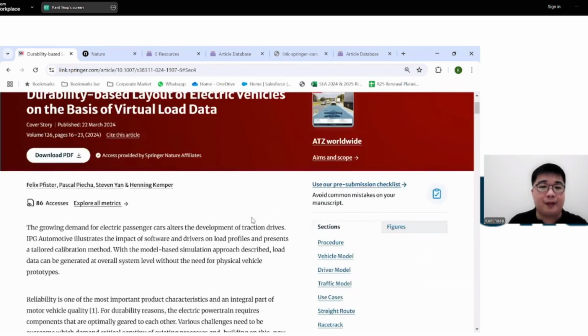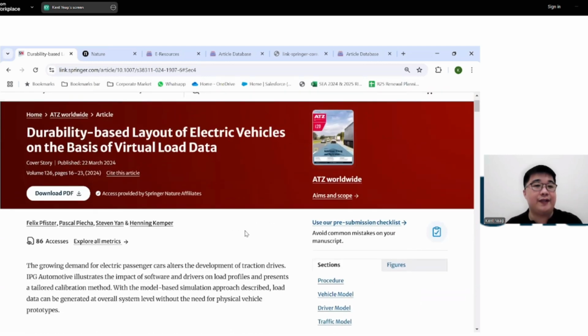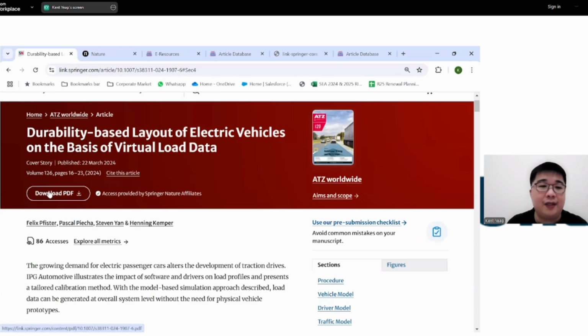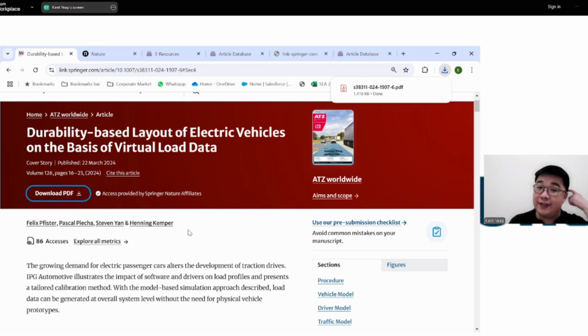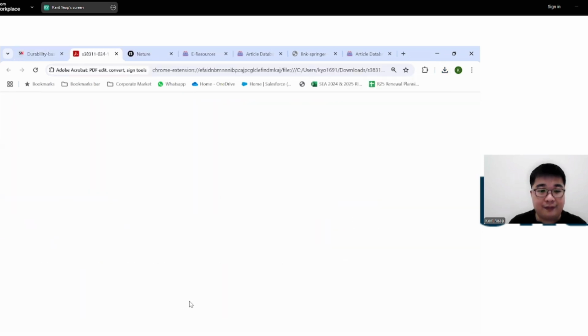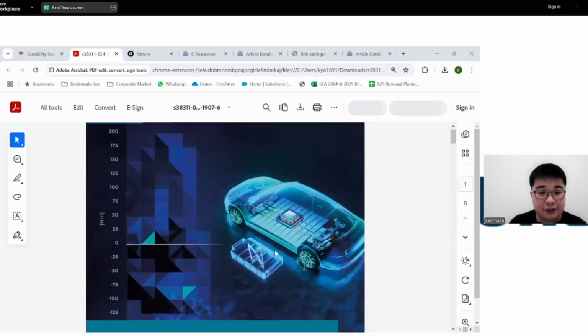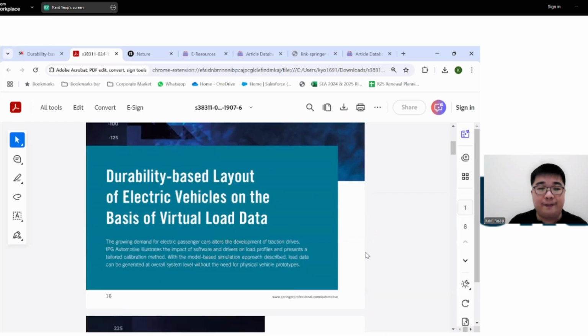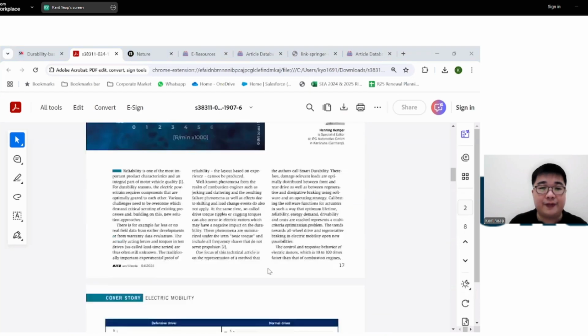So from here, if you are already able to see this, what you're seeing is the full text live online. Otherwise, if you wanted to get an offline copy, you can always download the PDF itself. If you click download the PDF, depending on the browser that you are using, two things might happen. Number one, it will download it and save this PDF to your hard drive of your device, and automatically open it up. Or in the case of mine, for example, it would just download it and then I have to manually open it. Let me see whether you are seeing my page. Yes, okay. So you will see that now that we have opened up the PDF, this is exactly what it looks like.